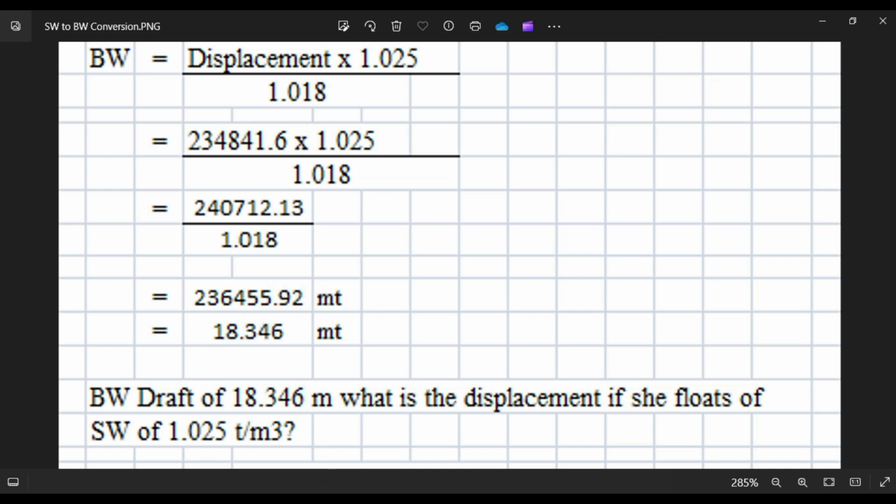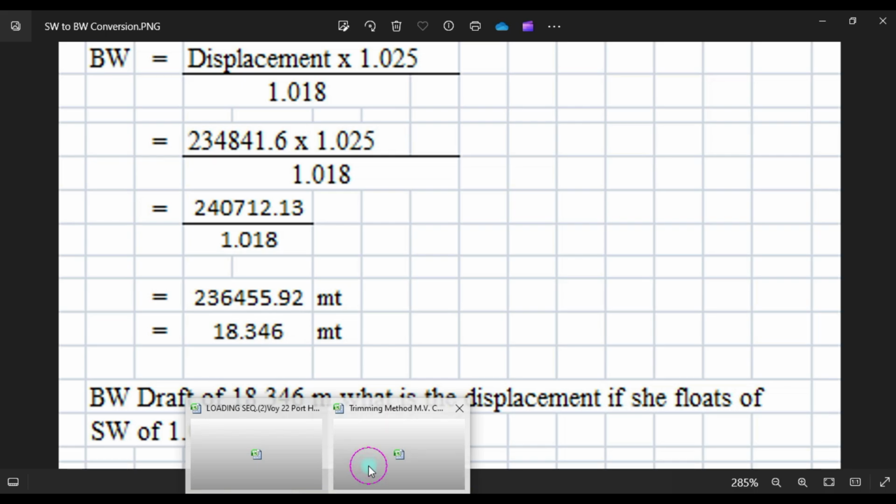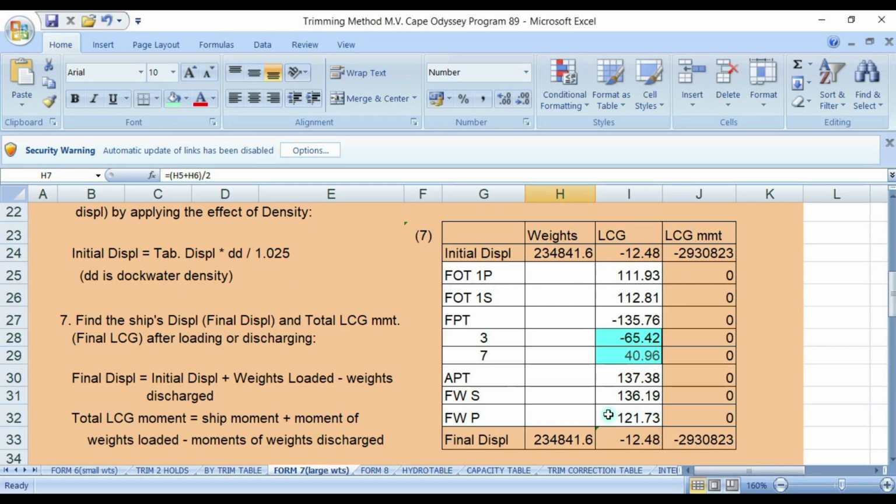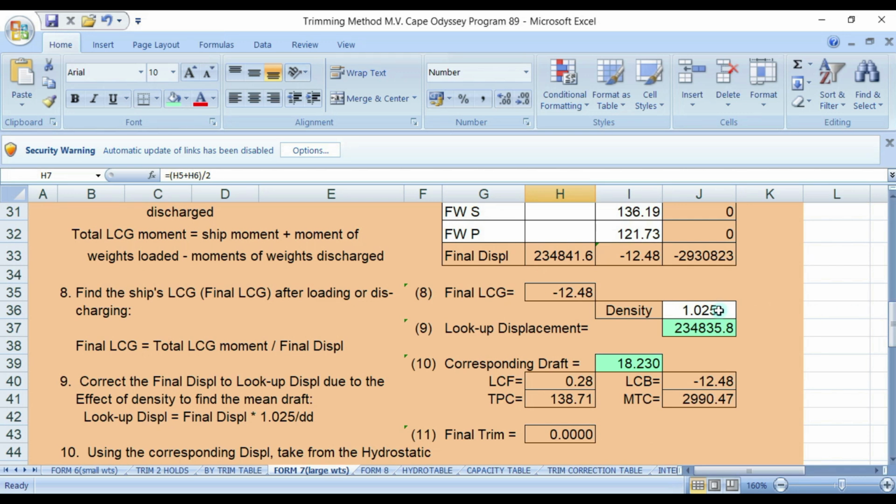Okay, so let's go to the program. So here, this is the displacement of 18.23. We will change this to local density, which is 1.018.